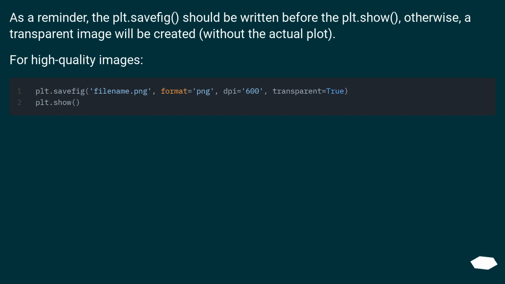As a reminder, the plt.savefig should be written before the plt.show, otherwise, a transparent image will be created, without the actual plot. For high-quality images,